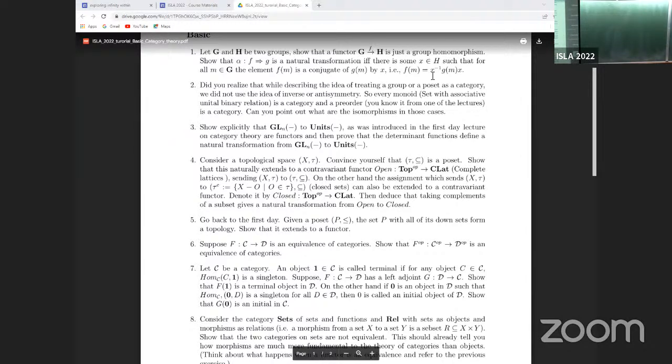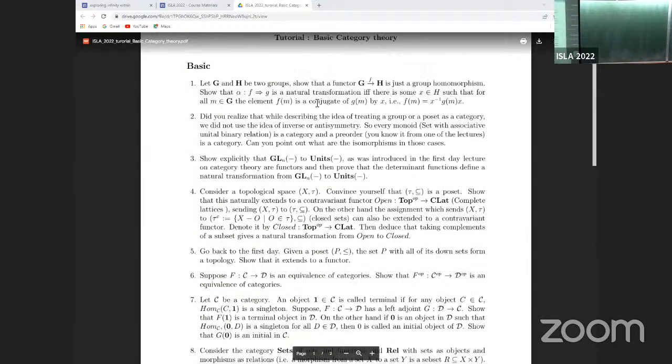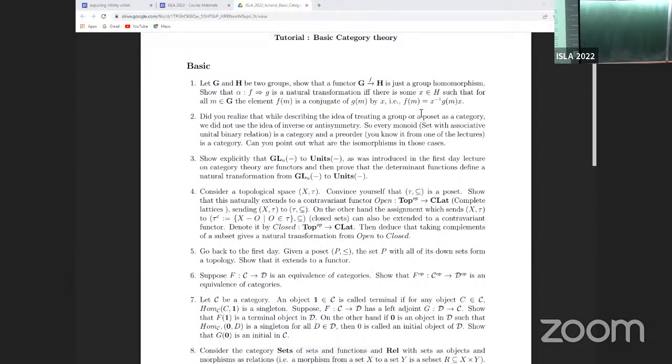Offline participant: define the conjugate. Conjugate? Yeah, that is just a name, which means this relation holds. If anyone knows group theory, then they would be familiar with this term. But that's just a name for the equation given. Offline participants, is this clear?